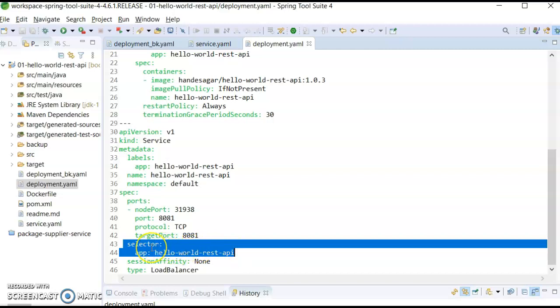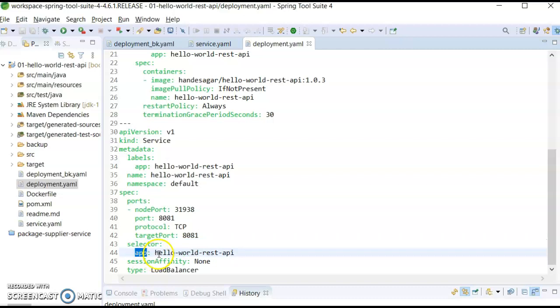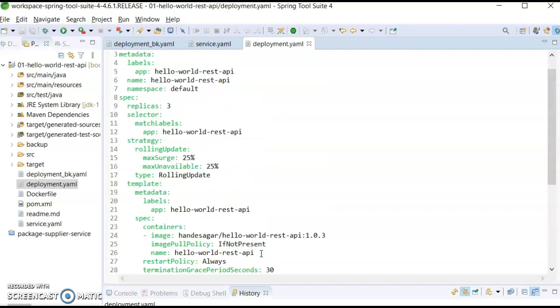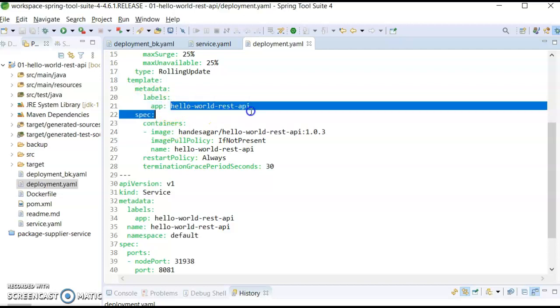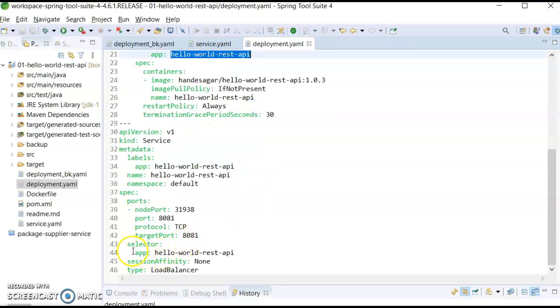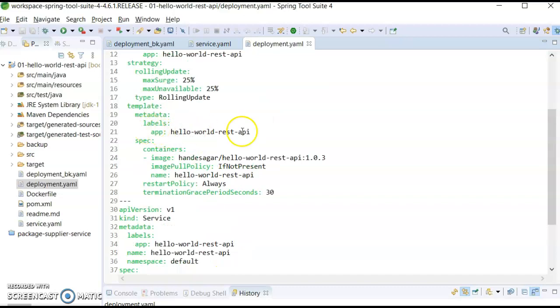So we need to map this service with a pod having a label with key as app and value as hello-world-rest-api. So let's see if we have a pod with the same label. Yes, here is the label with key as app and value as hello-world-rest-api. And this is how the service is mapped with that particular pod.